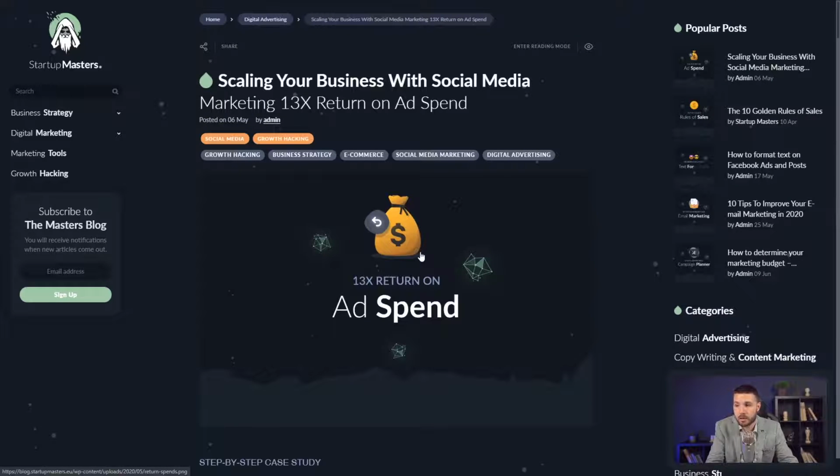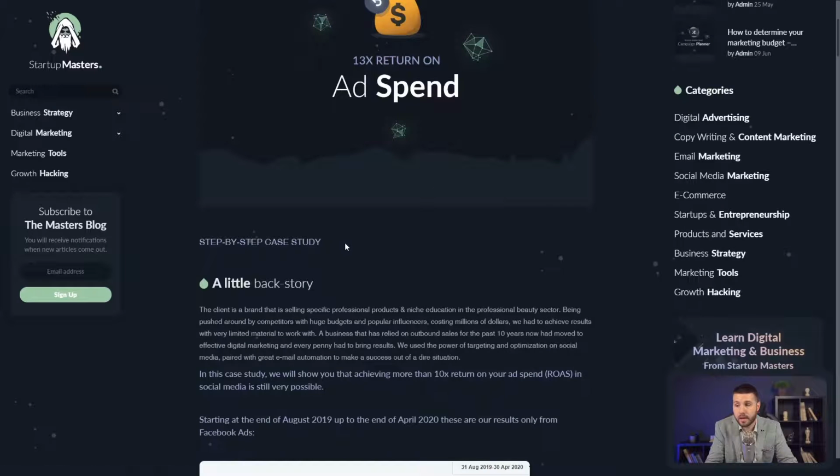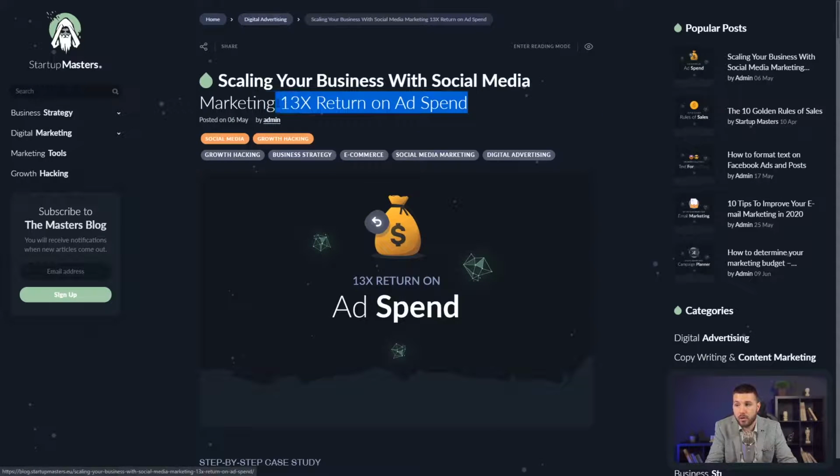Now, I'll show you the next article, which is much more successful and also much more useful. So here you can see, first of all, that the headline starts with something that's much more actionable. Scaling your business with social media marketing, 13x return on ad spend. So that's something that would interest most marketers because most of them do not get to the 13x return on ad spend. So this is a case study of the incredible result. And so you can see that's a hook, step-by-step case study. Now you grab their attention